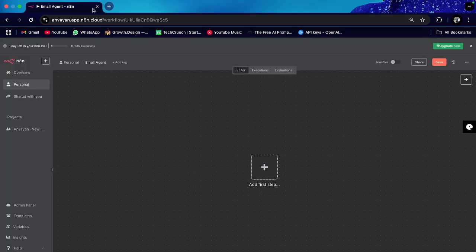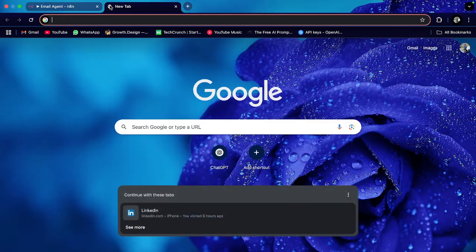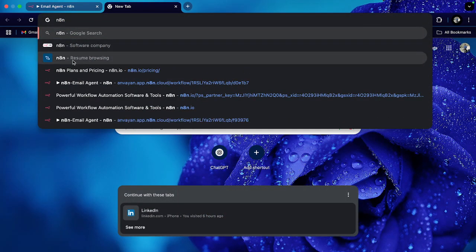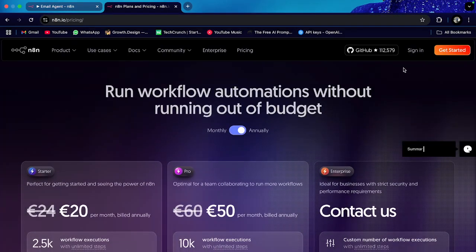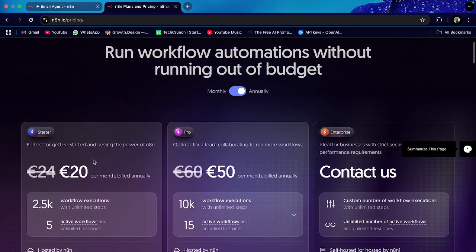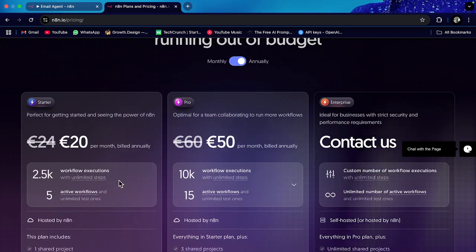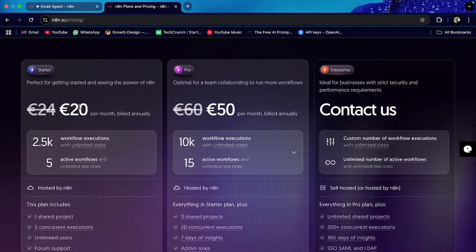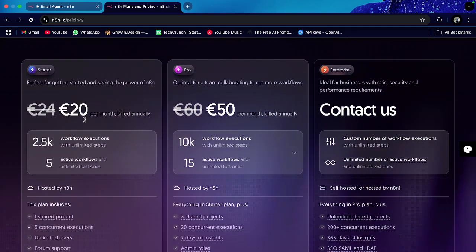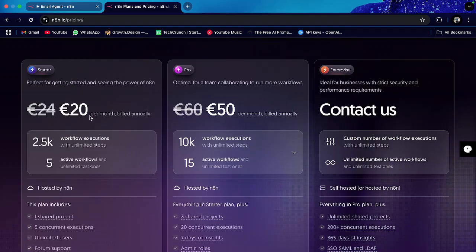I have tried all of them, and this is specifically cheaper. If you go to n8n pricing, it is not cheap if you just purchase it from n8n. Basically, what they're charging these 20 euros or 50 euros for is to have your workflow stored within their